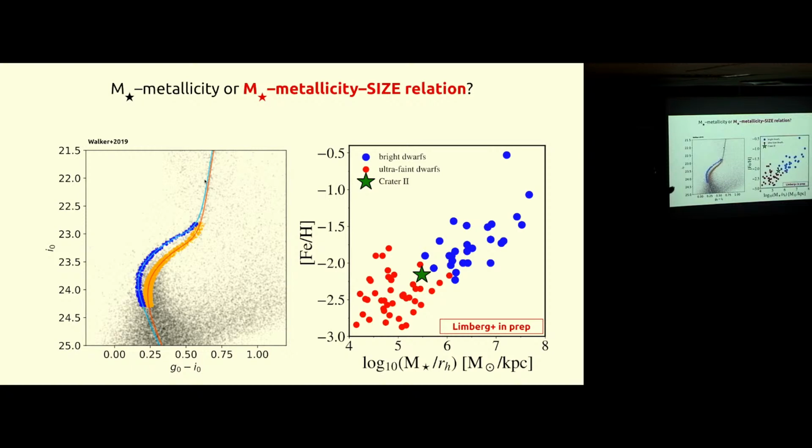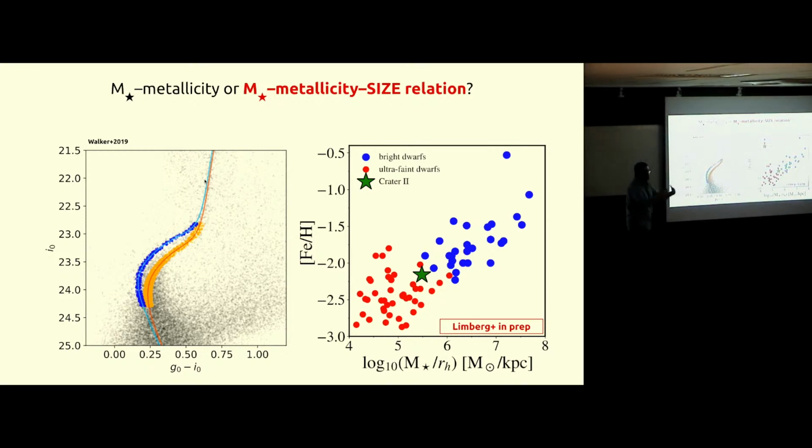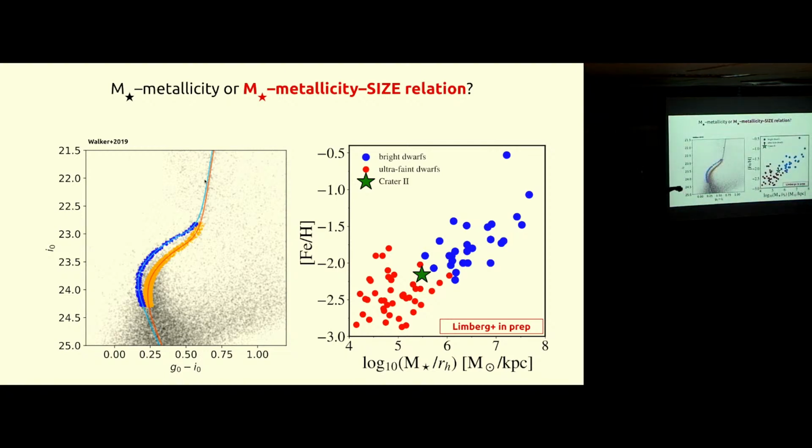So what could be happening to this galaxy is that it had some encounter with a massive host. I don't know if it was the Milky Way, I don't know if this is pre-processing. But this galaxy could have experienced some encounter with a massive host that stripped it of its dark matter mass, out of its dark matter halo. And then eventually, while it was forming all of these stars right here, it stopped forming stars because it was also stripped of all of this gas. But basically you lost all of the metals that you produced right here. So this is what causes this galaxy to have a very low metallicity, but to be consistent with this relationship, not only with the stellar mass, but also with the size.